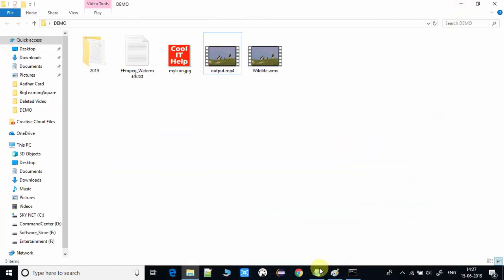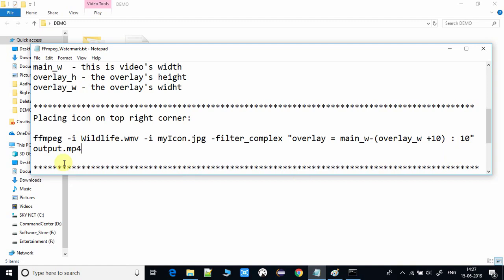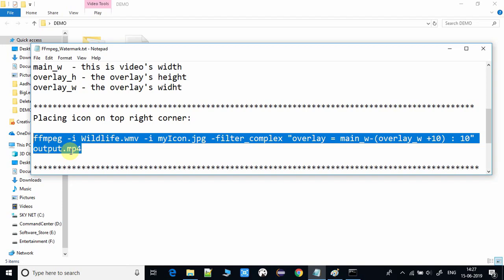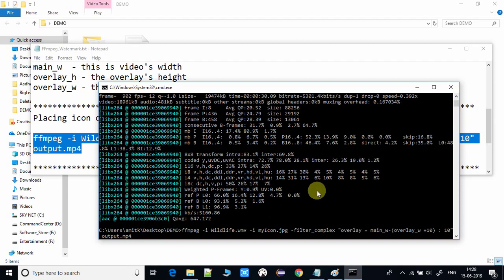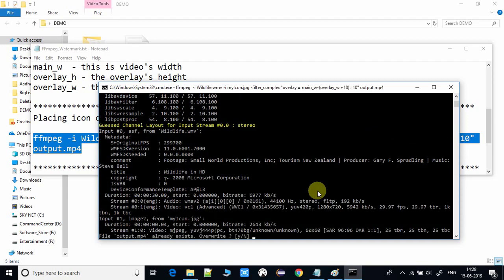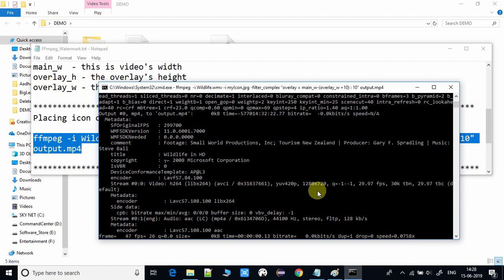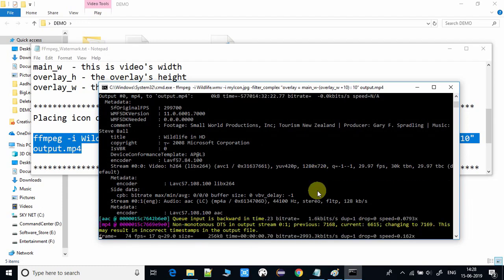Okay, so the command is ready, and I'm going to run this command. And in the last we have this output file. Okay, so command is written in this way. I'm going to run it again. Okay, now going to press enter. Okay, it is asking to overwrite the video because we have executed the same command one more time, and you can change the output file name, so that will not ask. Okay, there's no problem. I'm putting yes, and the same file will be overwritten, and the process is started, and we have to wait for a few minutes.